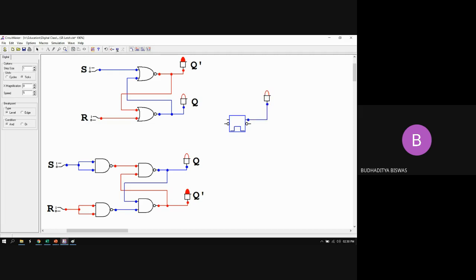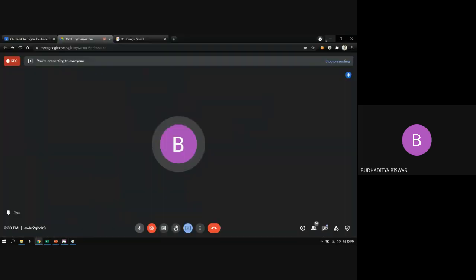Okay, so that's all about the first class. Today we discussed the clock pulse, the flip-flops and latches, the types of flip-flops, and the RS latch. In the next class, we will discuss the RS flip-flop, just to introduce one clock pulse in that particular circuit. Got it? So we'll come back at 2:45 exactly.